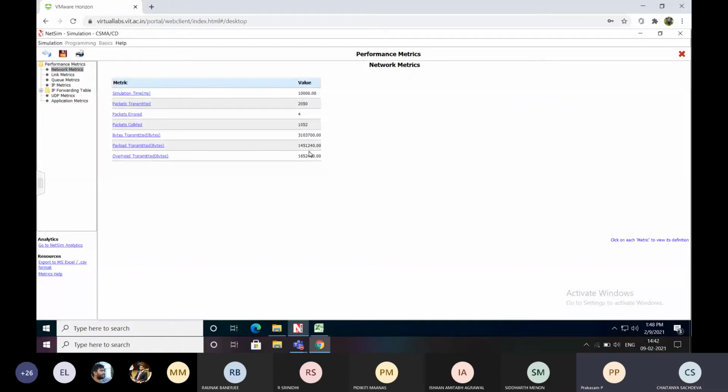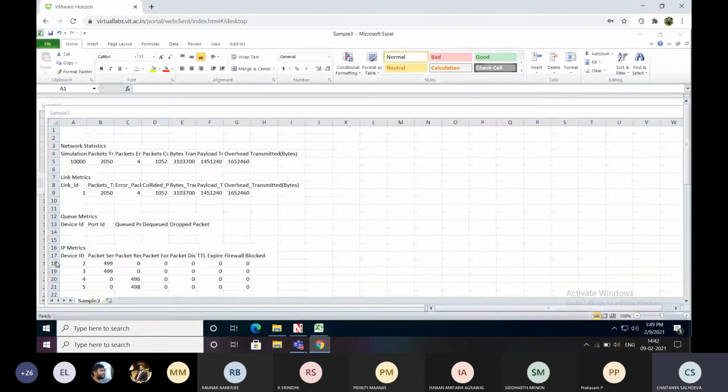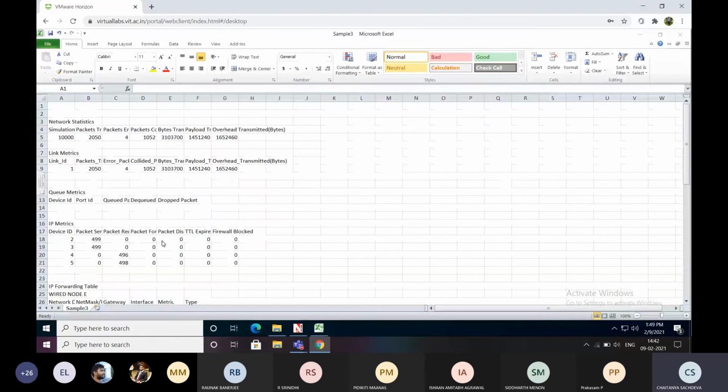Now export to MS Excel. So then also it's coming 0 everything. No, scroll down.